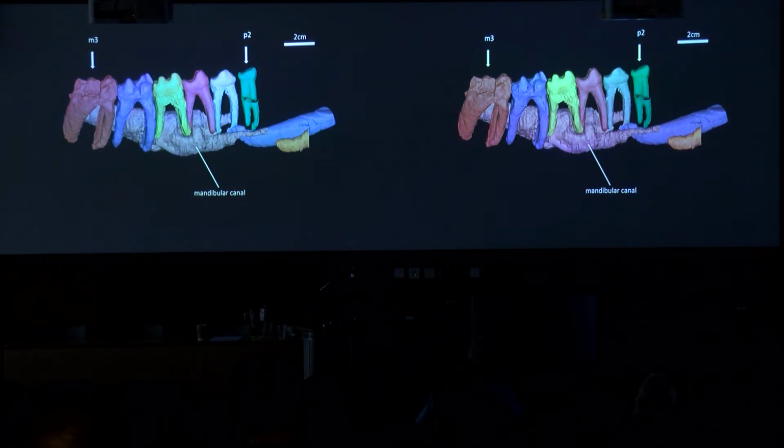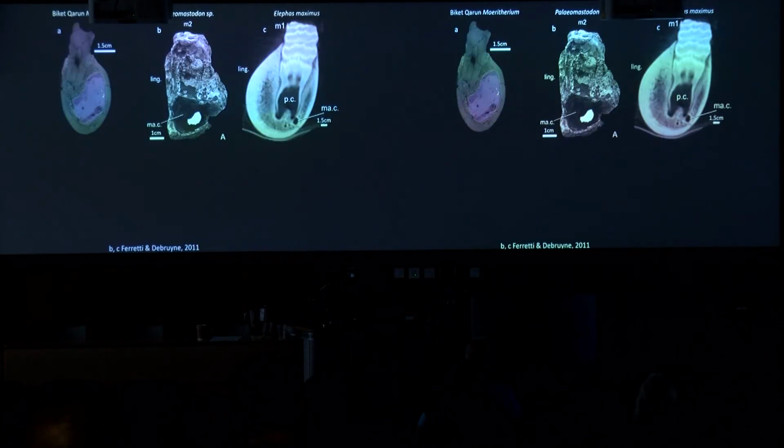And the shape and size and position of the mandibular canal has been used in Proboscidea before to understand their phylogenetic relationships. So we suggest that we now have an idea of what Moeritheriums look like, and this could possibly be added to studies done before looking at these characters. But also,